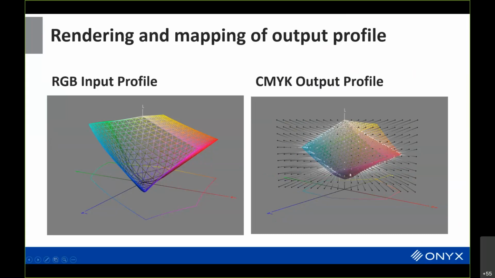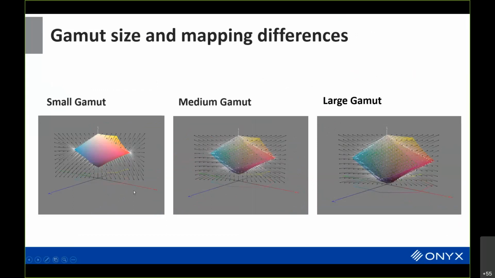Now, if we look at different output profiles, you can have different gamut mapping strategies. Even with the same gamut mapping strategy, colors that are way out there will potentially move to different places depending on where they're at. Rather than, like, for here, it's going up to there, but here it's going over there. You can see that there's variations. And so the variations of the output from printer to printer and print mode to print mode is largely due to the fact that the shape of the gamut's different, or potentially the rendering intent, the gamut mapping strategy is different.